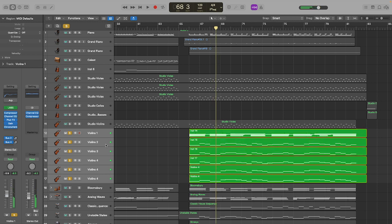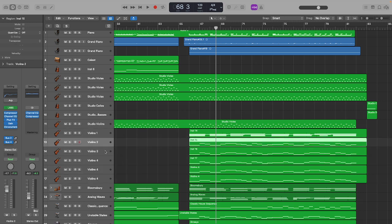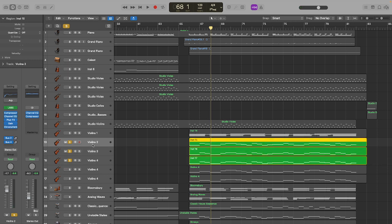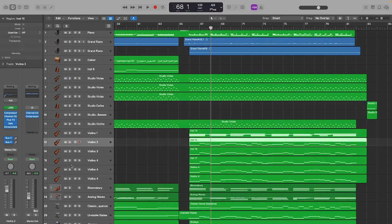Okay, so 3 of the 6 are doing the lead melody, which I'll play for you right now. And they're all playing the exact same thing. The only reason I have 3 of them is so I can add obviously more volume and loudness without having to over compress it and get all this clipping. Because if I were to play it with just one of the 3, it's really fighting to be the thing you hear. But if you add 1 or 2 more,